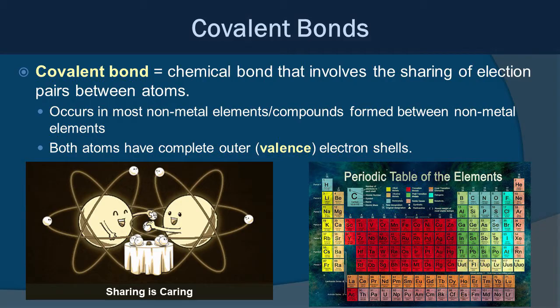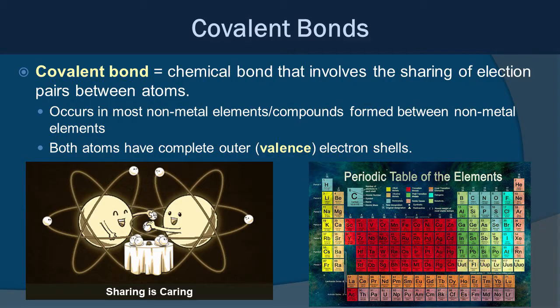Now, unlike neon, sodium has 3 shells. It has 2 electrons in its first shell. It has 8 electrons in its second shell, but its third shell only has 1 electron, even though it could hold 8. That means sodium does not have a full valence electron shell, and sodium wants to react with something